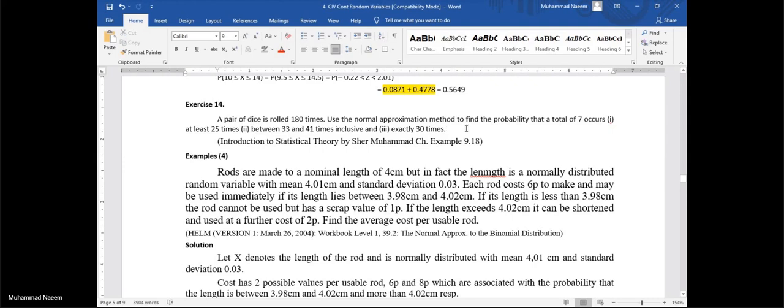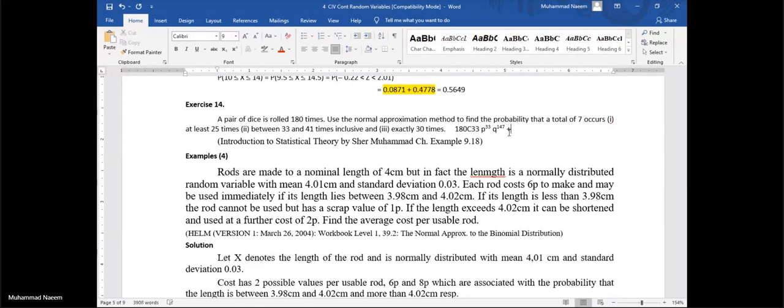So if I solve the second part using binomial, this will be the answer: 180 choose 33, p power 33, q power 180 minus 33, because the rest of the outcomes are the tails, 147. So q power 147,